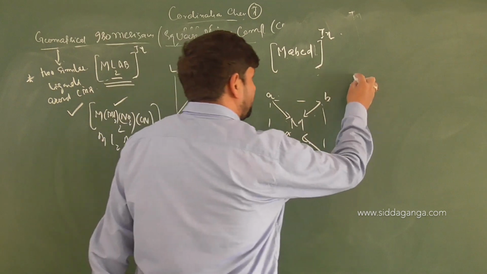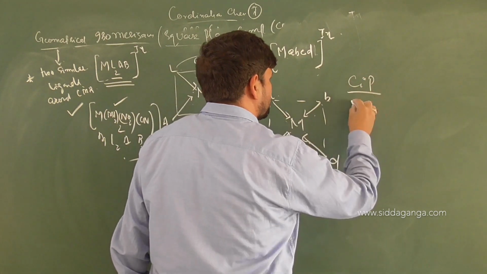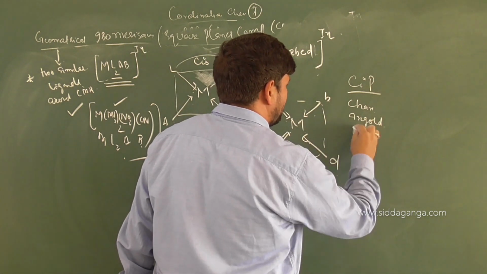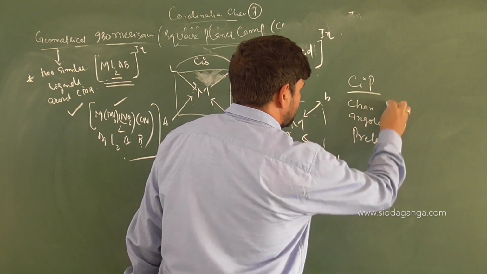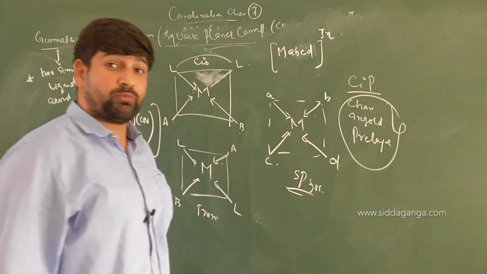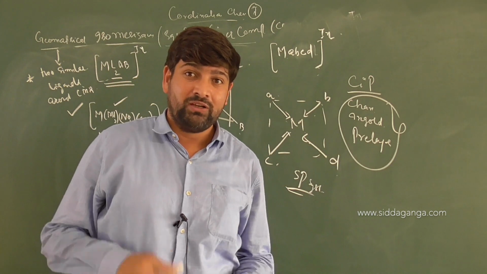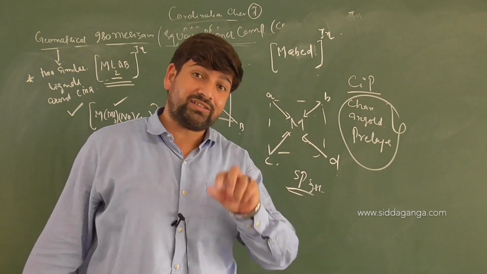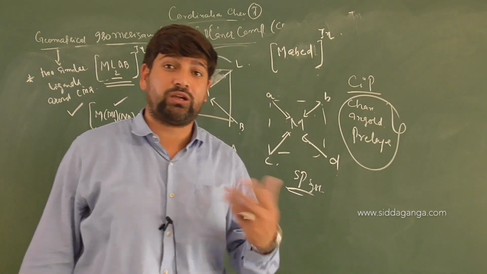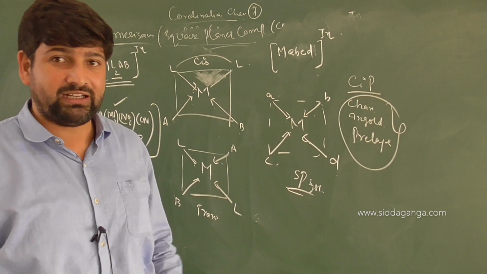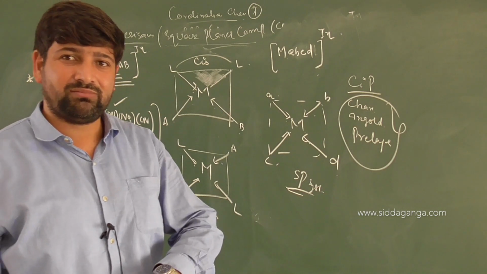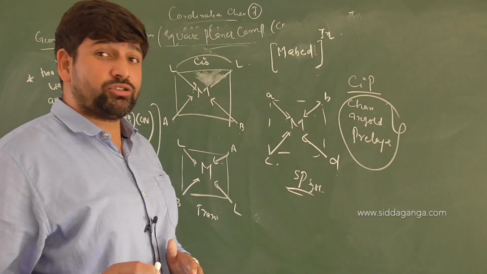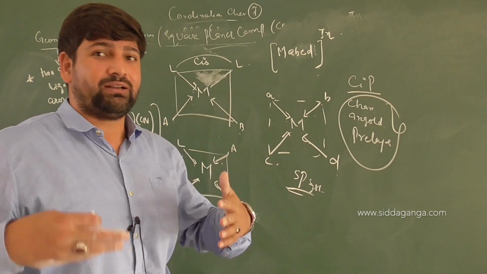Then we can make use of the CIP rules, that is Cahn, Ingold and Prelog rules. These are rules for naming different compounds in geometrical isomerism itself, like how to find the first, second or third line of difference while naming in the EZ system of nomenclature. Because when cis-trans does not work, you can make use of the EZ system of nomenclature, Entgegen and Zusammen. The EZ system of nomenclature is there in organic chemistry as well. That comes into play when four different atoms are attached around the double bond.